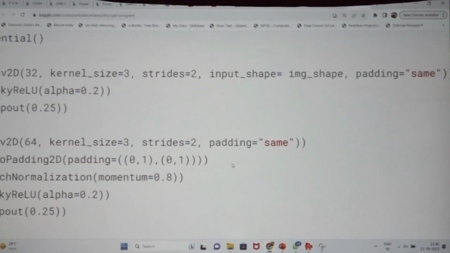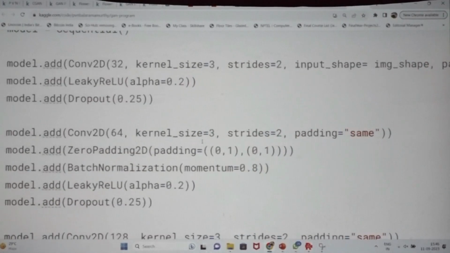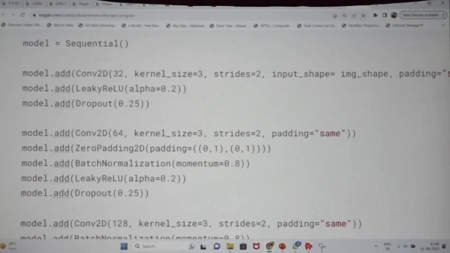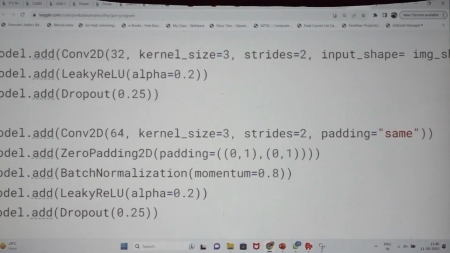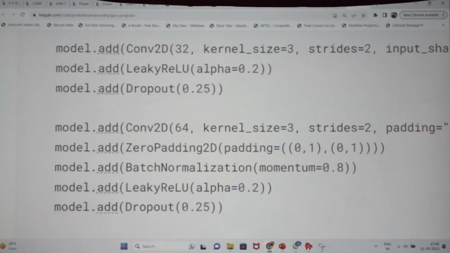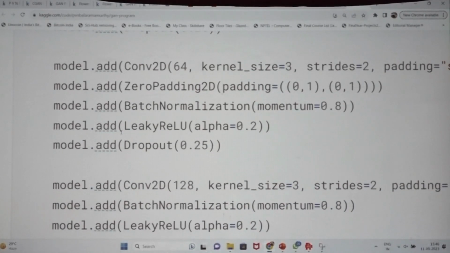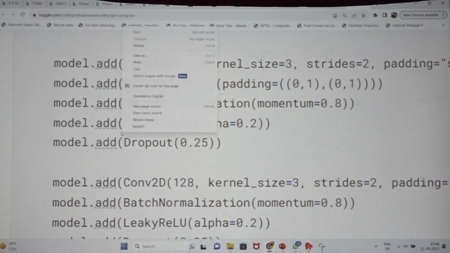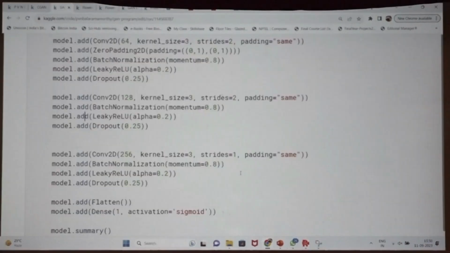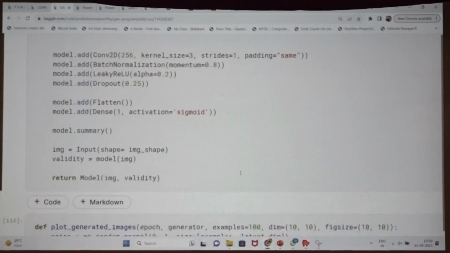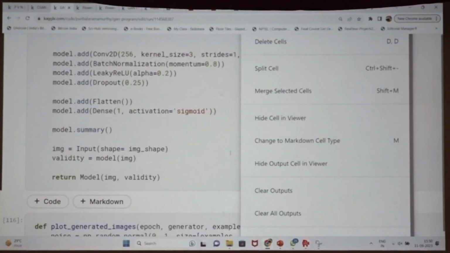I have given IMG shape, and I have created one variable of tuple for IMG shape. I am adding the convolutional 2D layers and all these codes for the discriminator. Once the discriminator is completed,